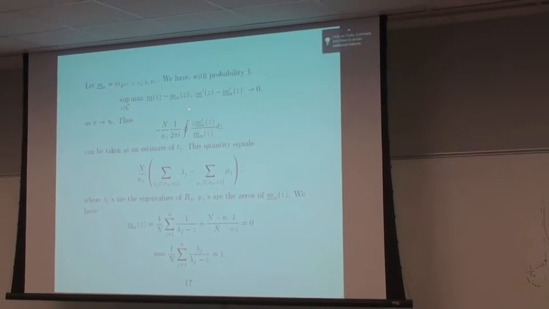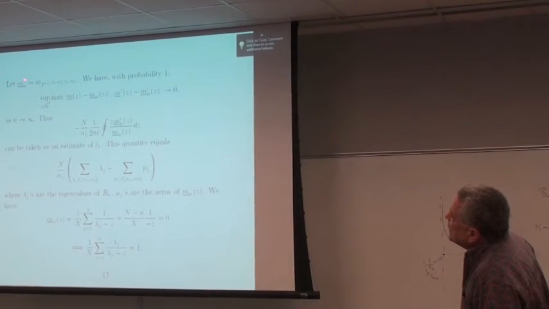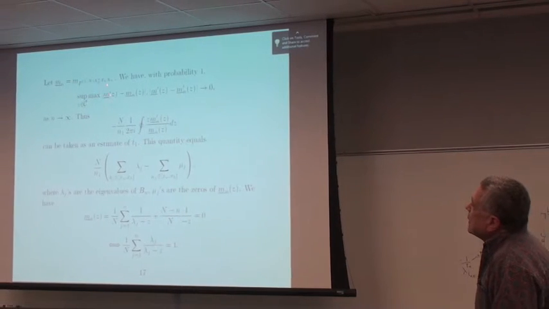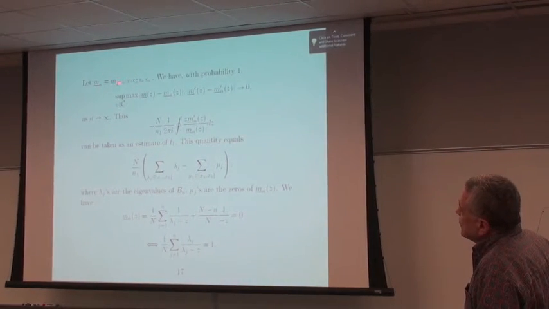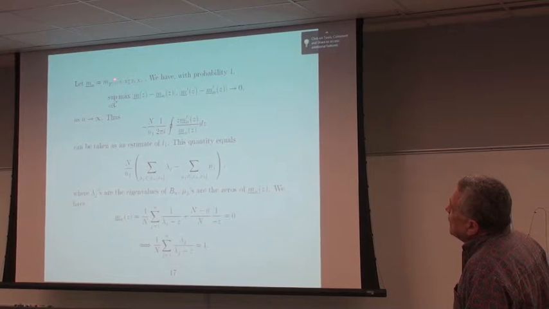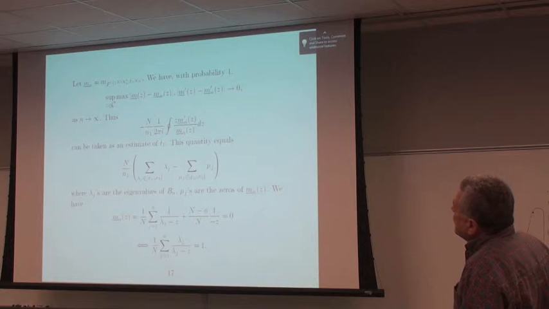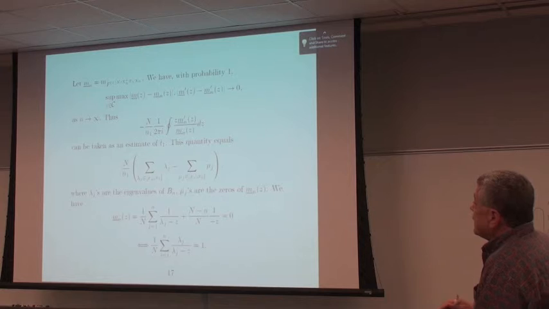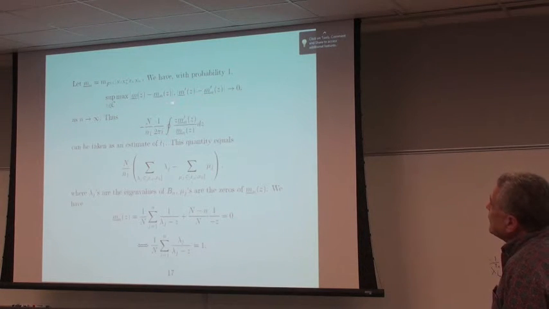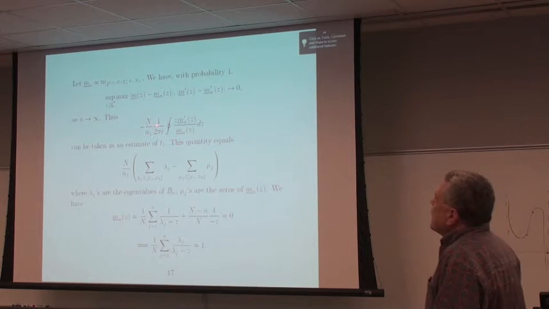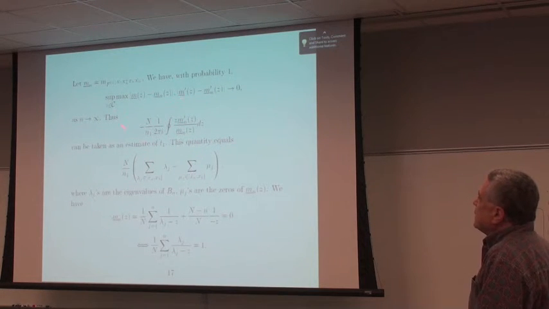So we're going to use the result that m underline n is your random Stieltjes transform, the Stieltjes transform involving the eigenvalues of this matrix. And what we do know is that these go together very quickly. In fact, they go together like 1 over n, 1 over the dimension, as the dimension blows up. So replace m underlined by mn, the sample, and the derivative here, and we have an estimate. This is taken as an estimate of T1.